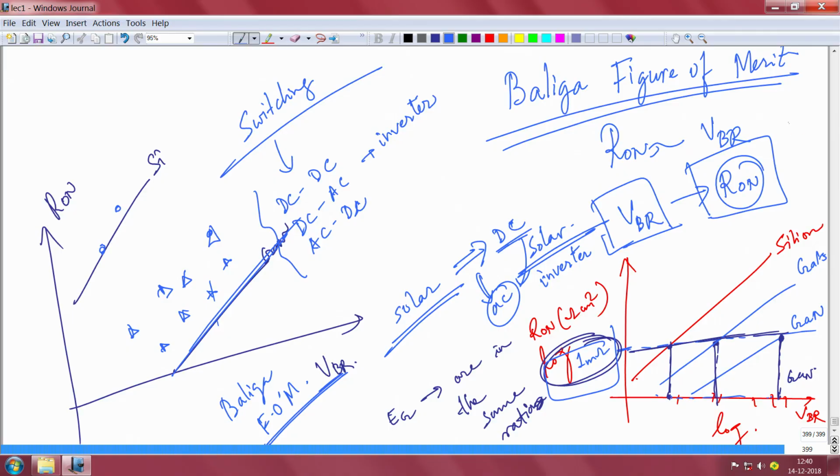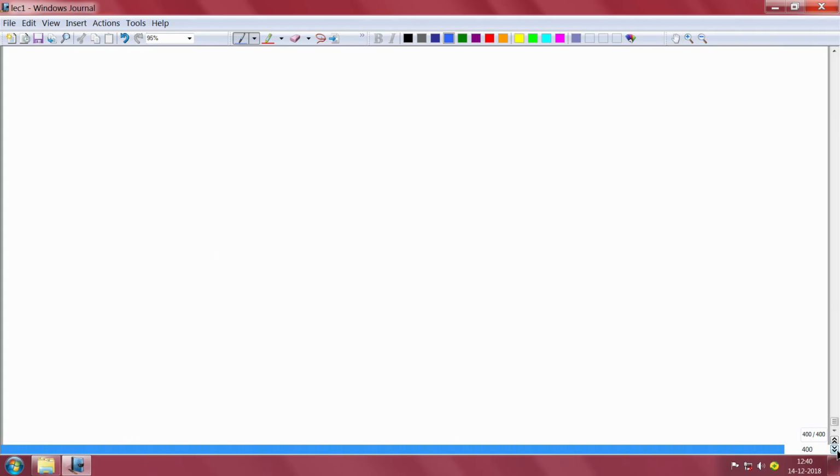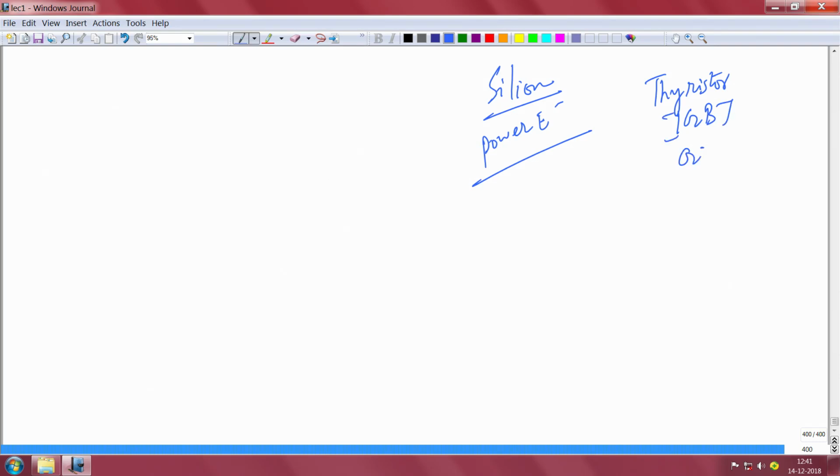There are many kinds of devices that are there in the market, and silicon is also a dominant player in this power electronics switching market. It has many devices called thyristor for example, or IGBT, insulated gate bipolar transistor, IGCT, GTO. These devices are power devices that can switch at very large voltages at a good frequency of kilohertz for example, and